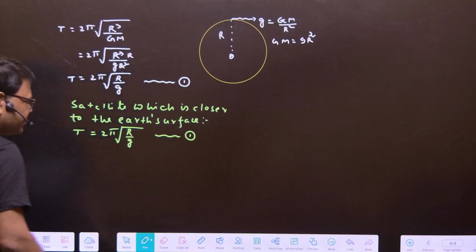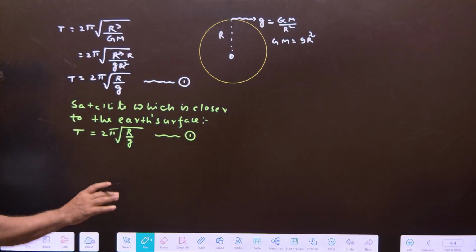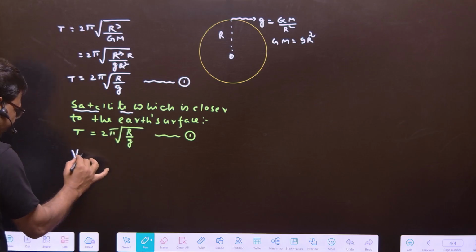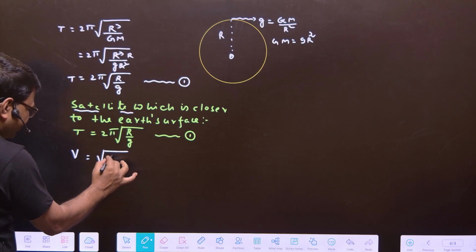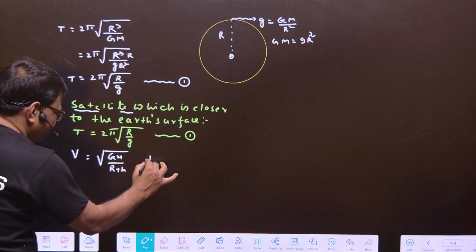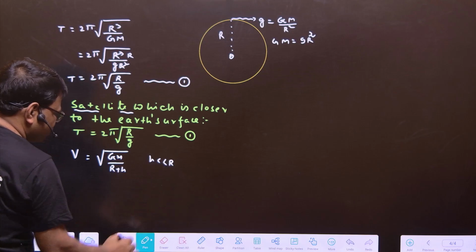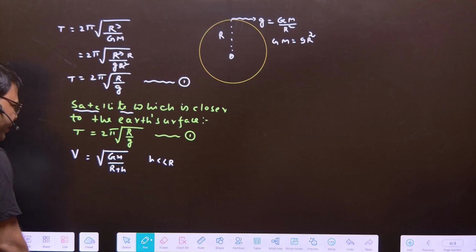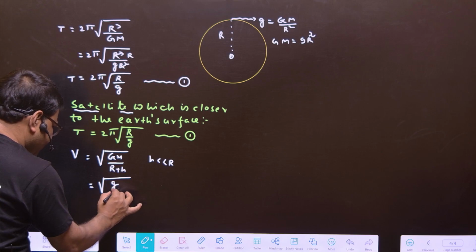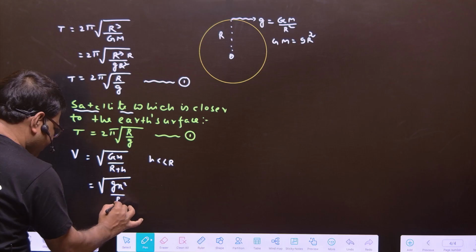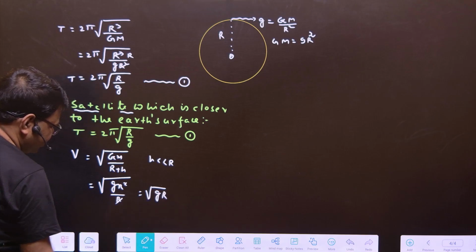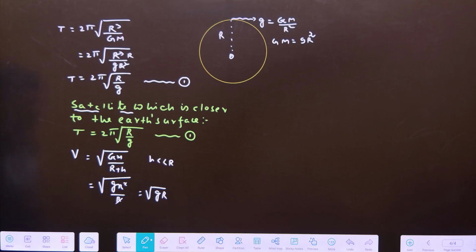Now see here, students, we have already got the orbital velocity. Again I am telling, the orbital velocity for this condition. The orbital velocity formula was root over of GM divided by r, meaning r plus h. For the closer satellite, the height is very small compared to the radius of the Earth, so h can be neglected. Then we can write g r square instead of GM, and h can be neglected, so one r will be cancelled. Finally this becomes root of g r. This is the orbital speed.